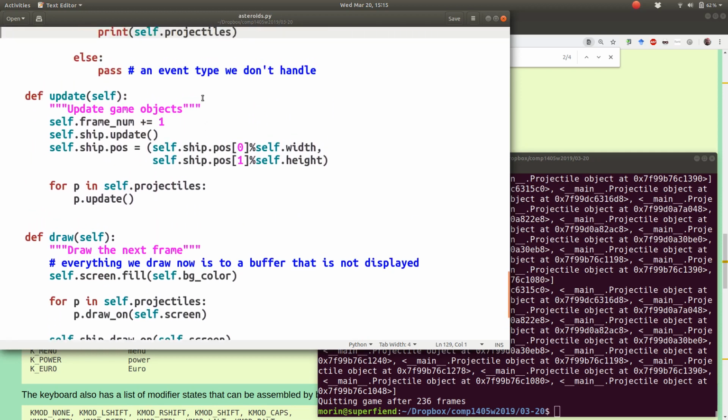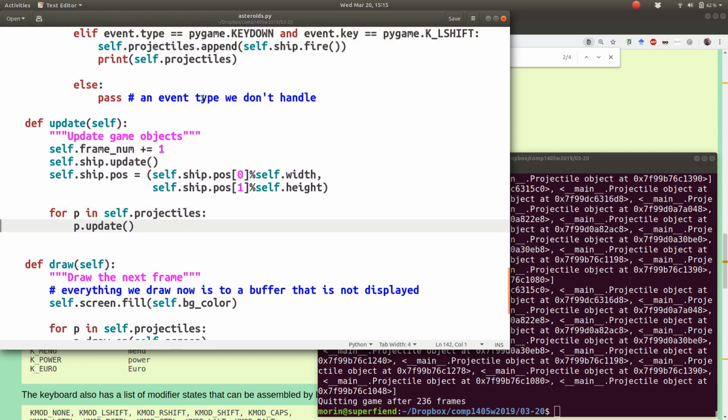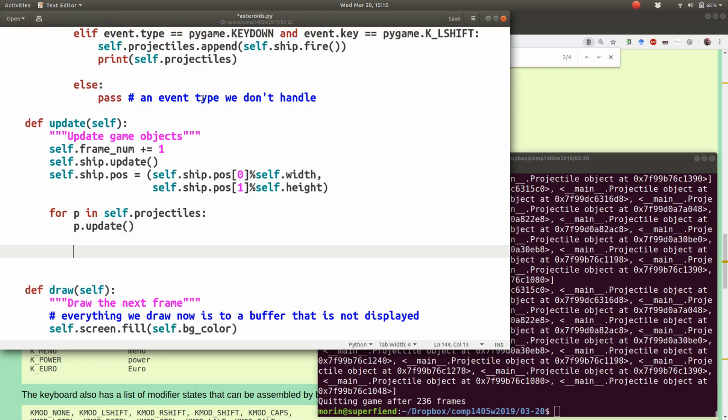All right, so that means that all of this stuff is under the control of the game. And when would you want to check for this thing? Well, basically every frame you want to check to see if you ran into one of your projectiles. So that's going to look something like,